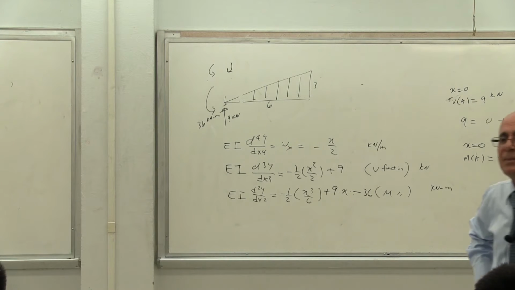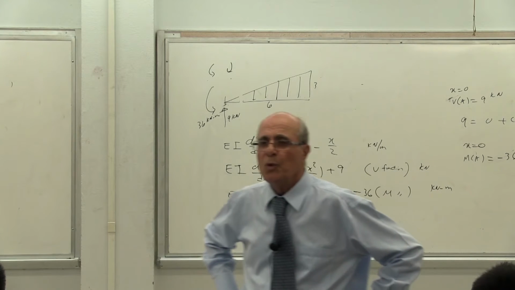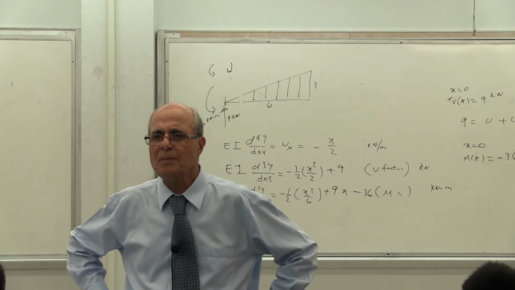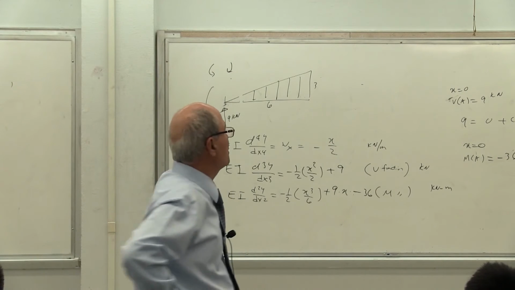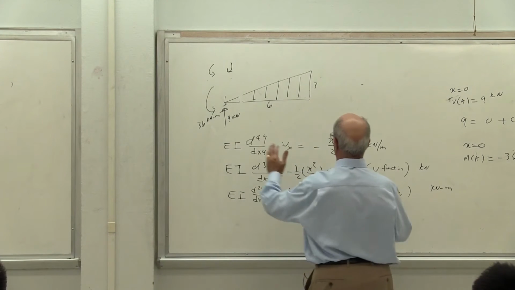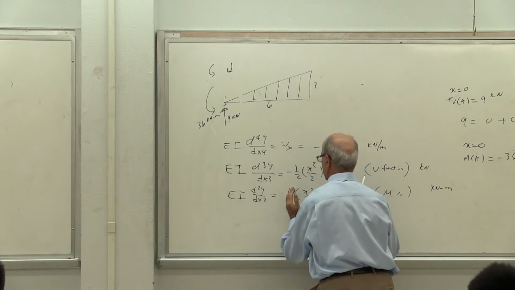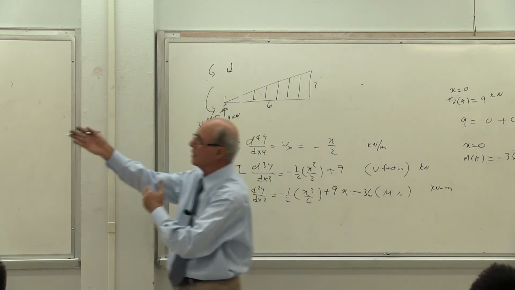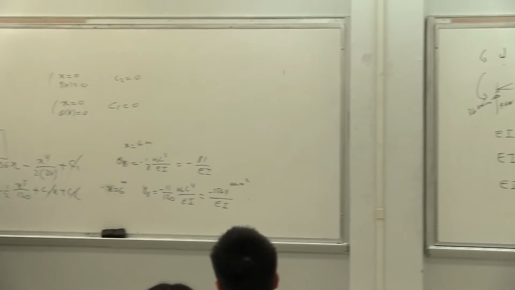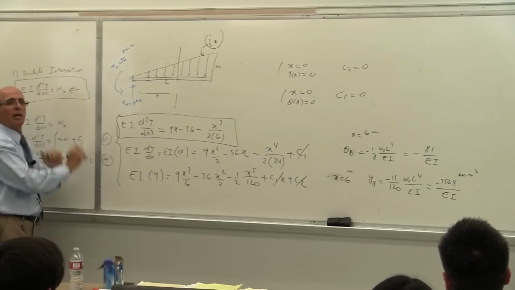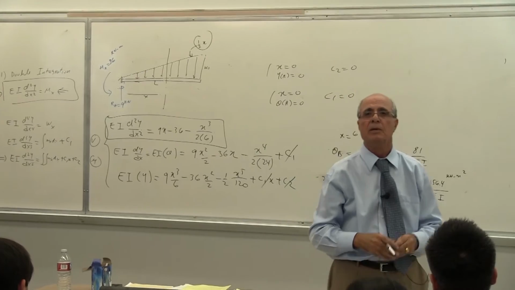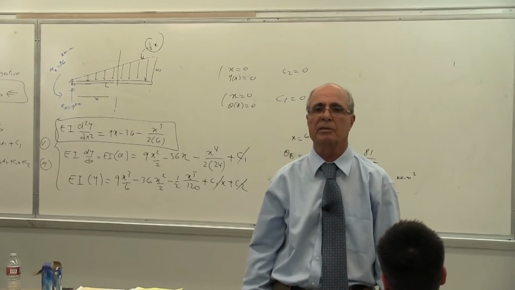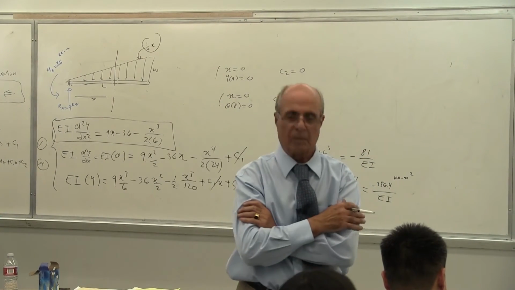Just curious, so when you go 9 equals 0 plus C, where does the EI go? Is it just that you know that's the shear formula? No, EI, because this part of it is the shear. This part is the shear function, this is the moment. Look at that. You don't care about it. This whole thing equals M(x). Is that correct? Okay. So the right-hand side is equal to the shear function. Is that correct or not? So you know it's equal to shear, so you drop out the other side?